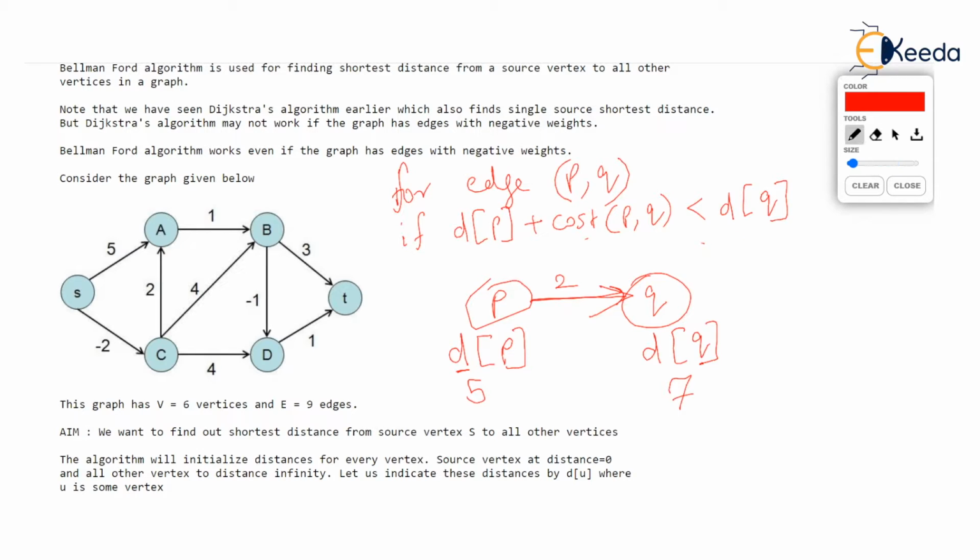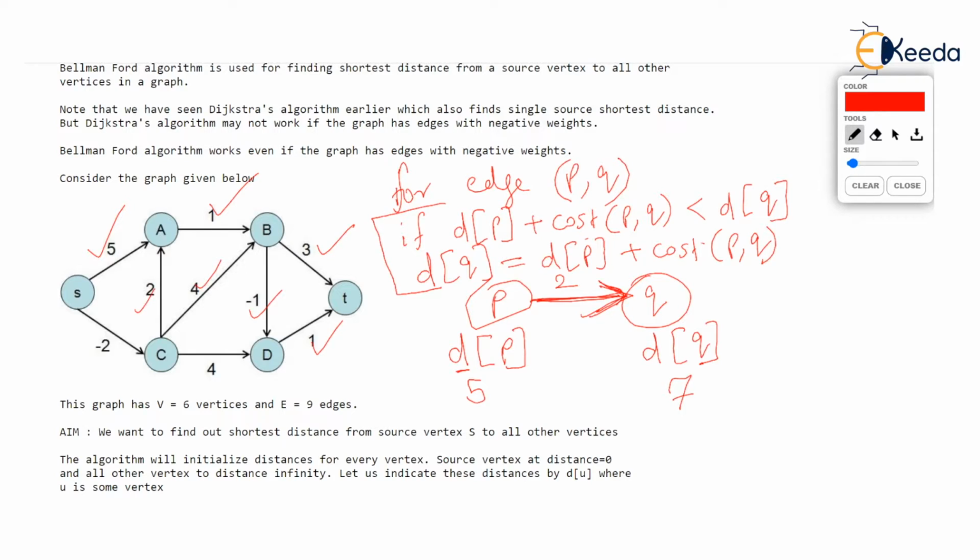if this if is true, we will say let dq change. dq should be equal to distance of vertex P, that was phi, plus cost of distance between P and Q. This is what is called relaxing an edge P comma Q. There was an edge from P to Q, and we have relaxed this edge. Now this relaxation procedure will be done for every edge. We will take each edge and we will relax it.